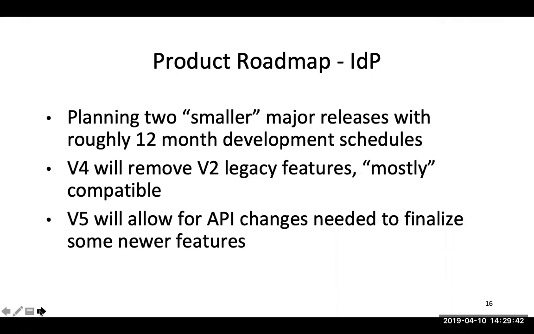So we don't want to commit to a design in v4 for certain features and then find out that we've made the wrong decisions or not accounted for something. We want to give ourselves the wiggle room if the API changes again where we need to support some of those features. So that's one of the reasons why we've already been planning on moving in the direction of a faster major release cycle because of the way our API versioning works.